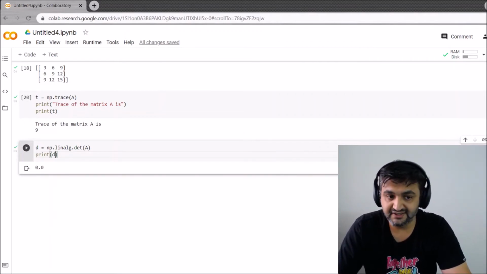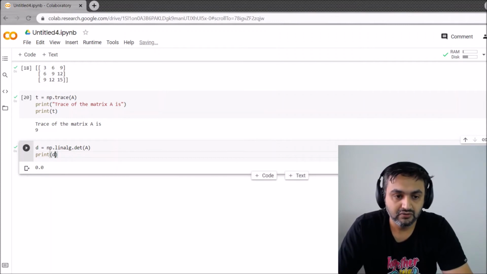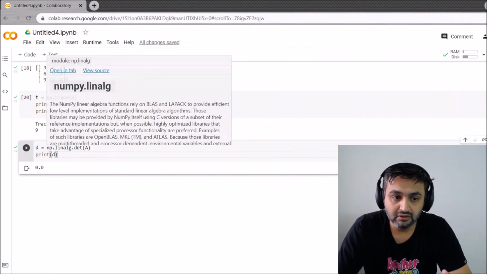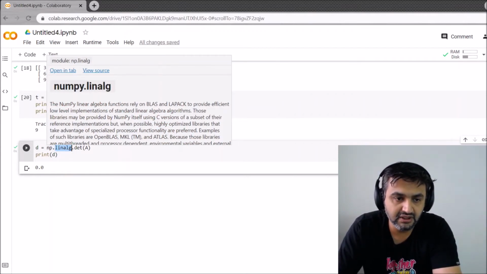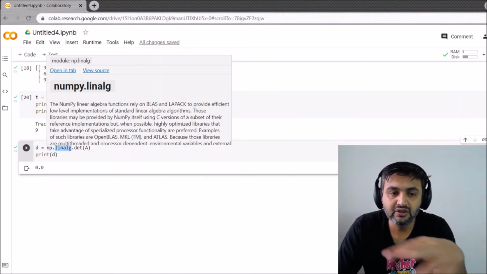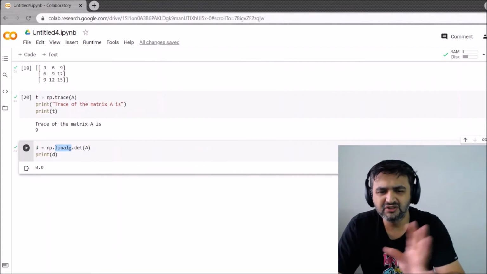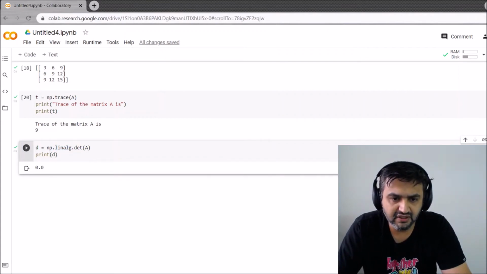It is 0.0. So that's how you find it. So for determinant you need to call this linalg. If you want to see what is linalg, you just simply keep your cursor there, you will get the information about numpy.linalg. But I'm not interested in that part as of now.